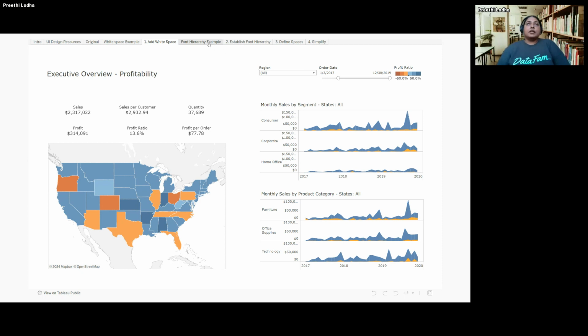Now the second UI change that I would like you all to think about is font hierarchy. Currently, you see in this example that everything is of the same font size. What could happen if you leverage font hierarchy in making people look at things better? Font hierarchy will create a sense of flow and help people focus on certain things that are clearer. So how does this work? Let's look at a font hierarchy example.